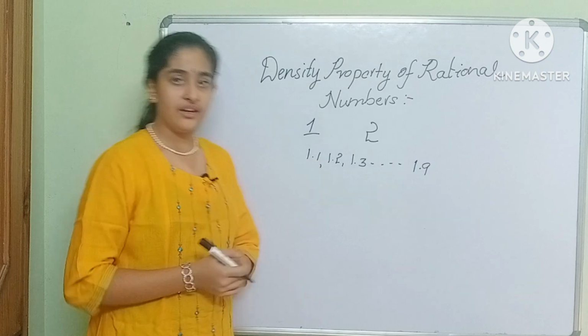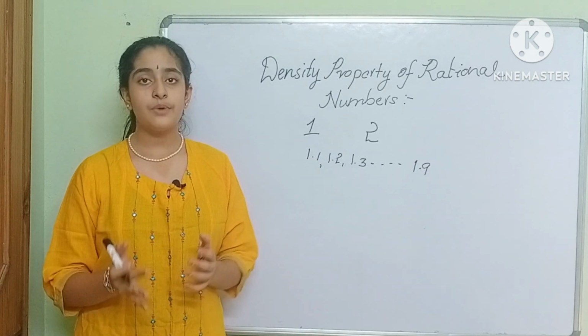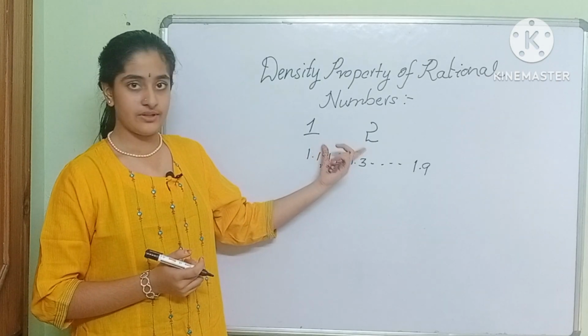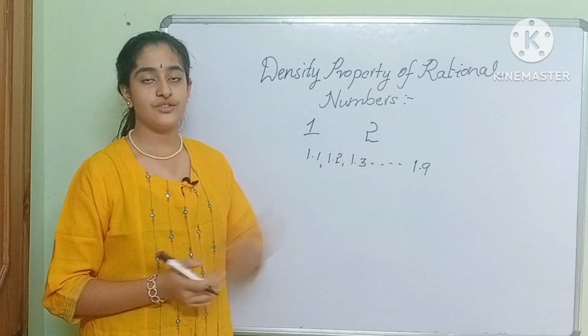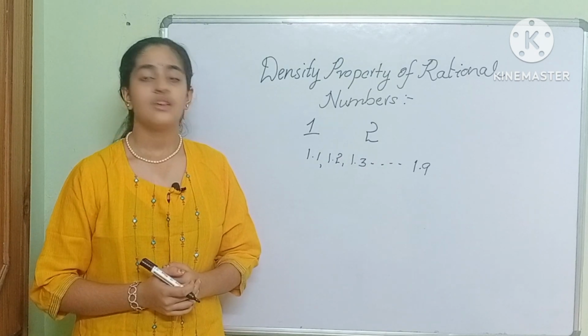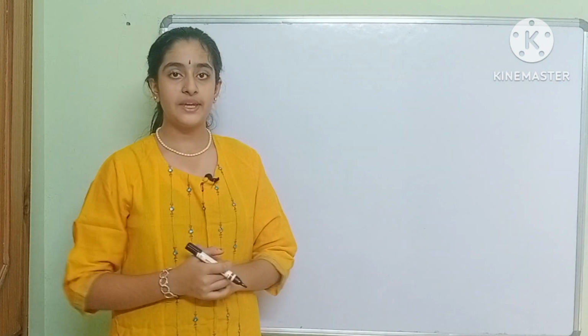Let us recall it again. What is called the density property of rational numbers? Density property of rational numbers means between any two given rational numbers, there are infinitely many rational numbers. That is called the density property of rational numbers. So let us go into the other topic. The next topic is